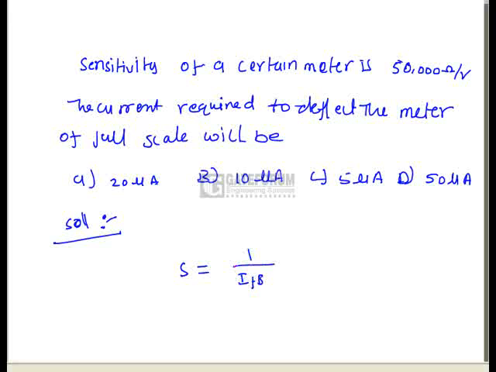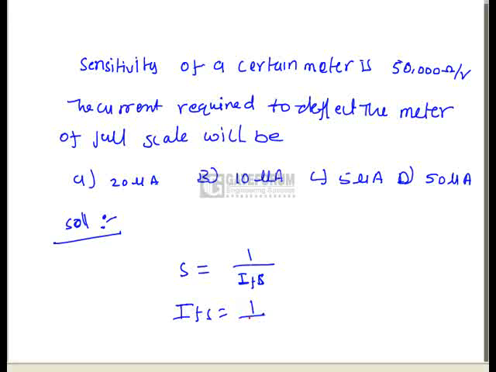IFS is the full scale current. That means if you circulate this much amount of current, the meter will read the full scale value. The meter will indicate the maximum count, or the maximum value of the current. So from this equation, I can write IFS equals